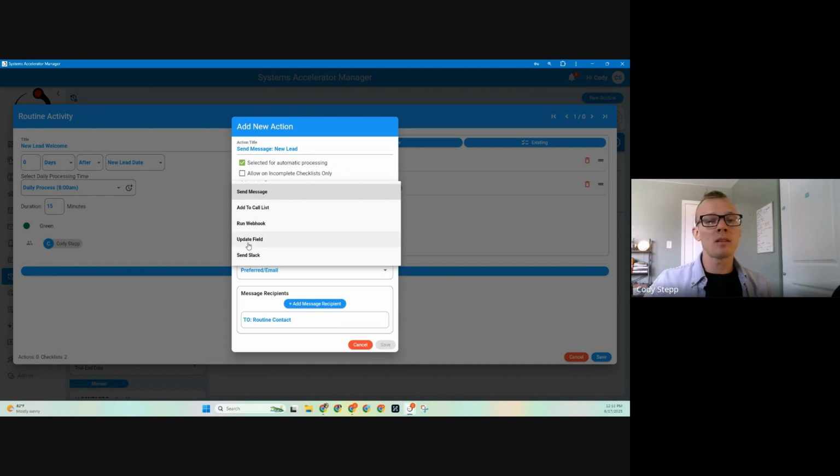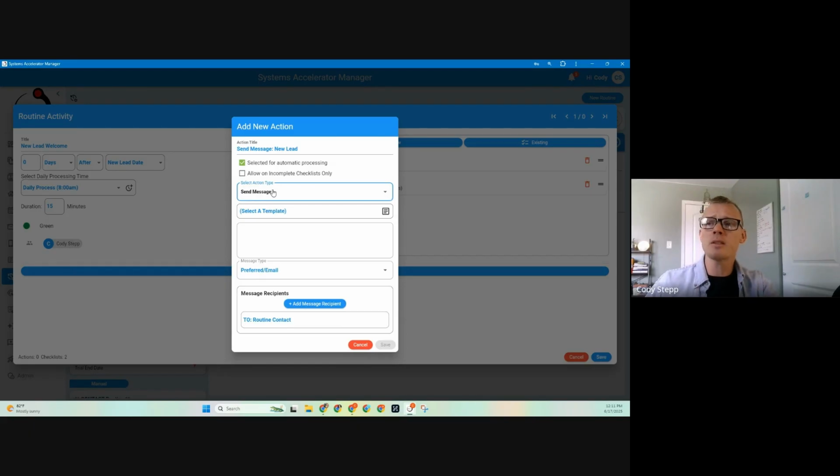We could update one of the fields inside of that contact using this. This is a really great way to refresh our routines or even start another routine. So you can have routines that trigger other routines, which is really cool. And then we could also do things like send Slack messages using our Slack integration, which we can dive into a little bit later. But for now, we're just going to send a message, and then we're going to select